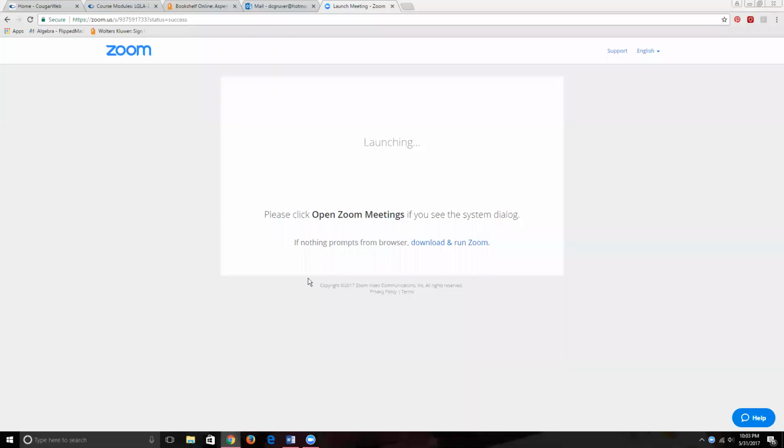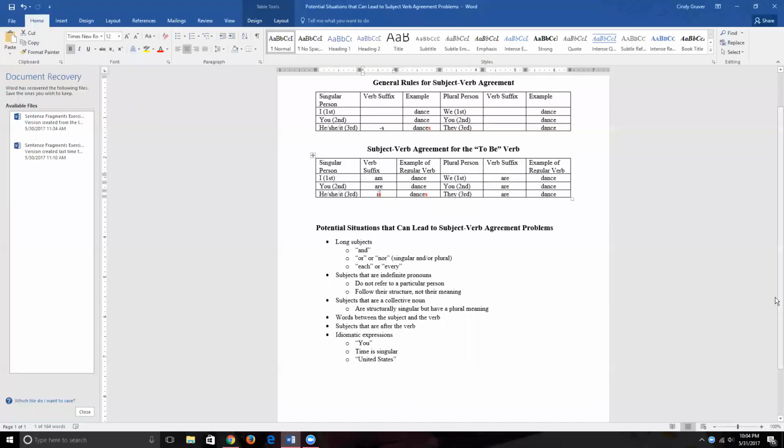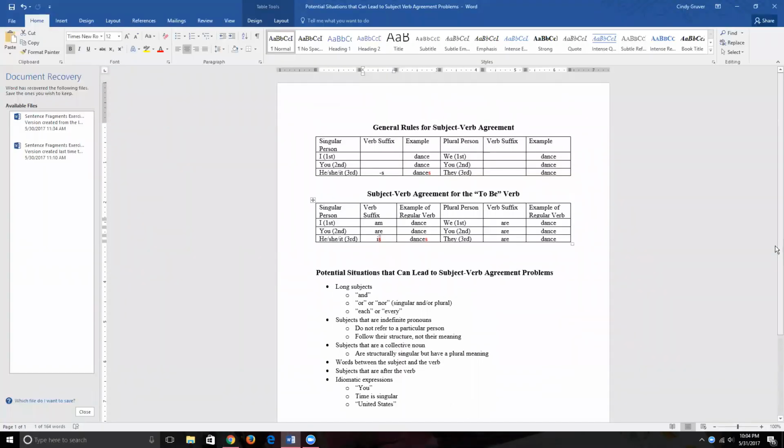Welcome to this presentation. Today we're going to be talking about subject-verb agreement. Here is a little cheat sheet that I set up, or maybe not a cheat sheet, maybe more of a kind of a summary of what we're going to be talking about. If you have the green version of the Aspen Handbook, we'll be starting on page 6 and going through page